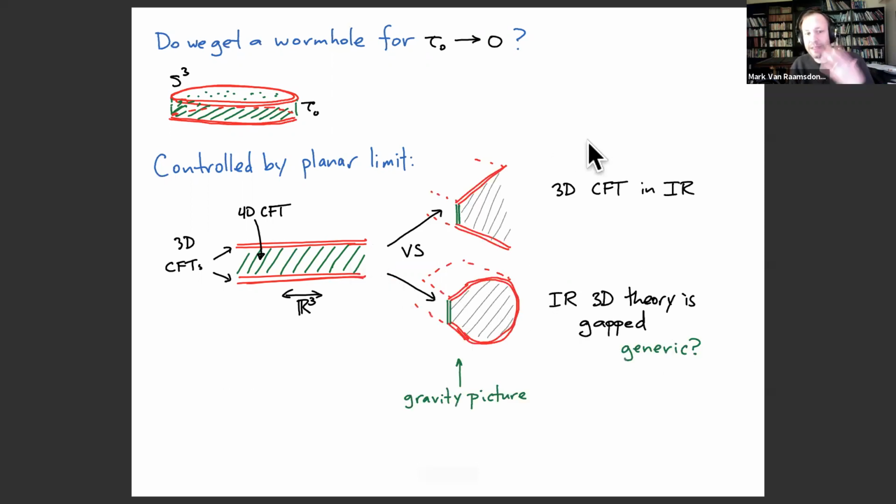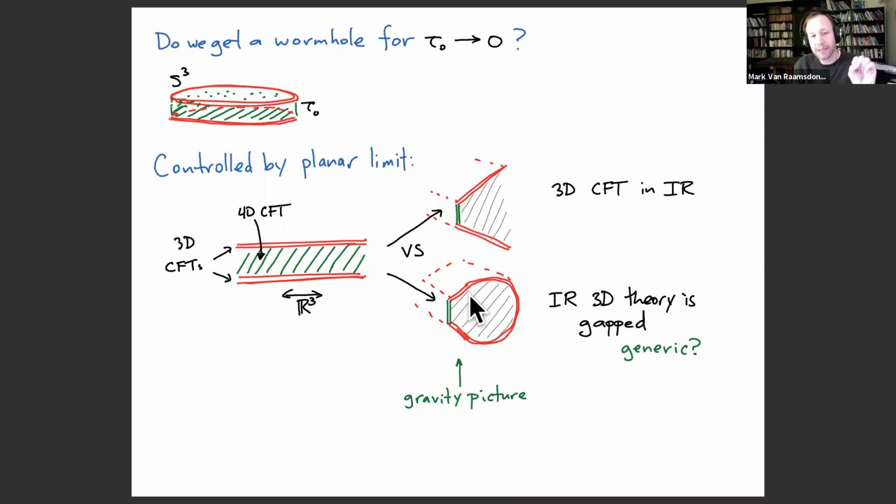Two natural possibilities for the infrared physics of this model would be that either there's some non-trivial fixed point, and we have excitations at arbitrarily low energies. In that case, that would be a CFT in the infrared. And so in that case, by the usual AdS/CFT dictionary, the gravity picture should have a radial direction that just continues to go into the infrared.